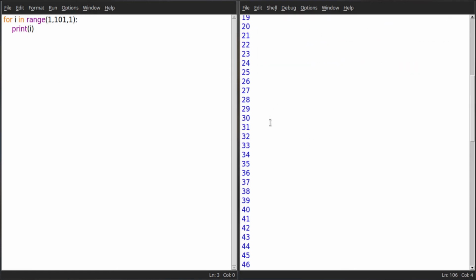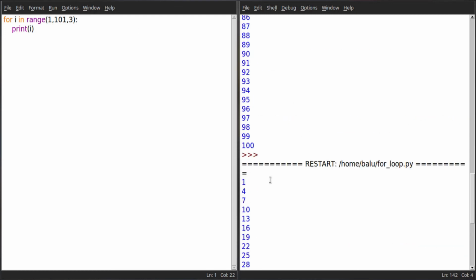So the values 1 to 100 are printed here. If you want to change the incremental value, try changing the incremental value. Let's say the incremental value is 3. 1, 4, 7, 10, 13, so on.